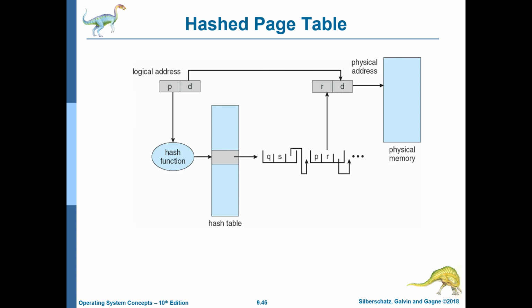So a hashed page table, just to give an example of the way that it's going to work, is that given the address P, we'll use a hash function. The hash function will point us towards a bucket. In the bucket, we will find a set of entries where every entry points to its next. If, let's say, we find an entry whose virtual page number is P, let R be its physical page number, we'll then construct the physical address that will have its MSB bits set to R and the offset bits set to D. So that will be the physical address which will be used.